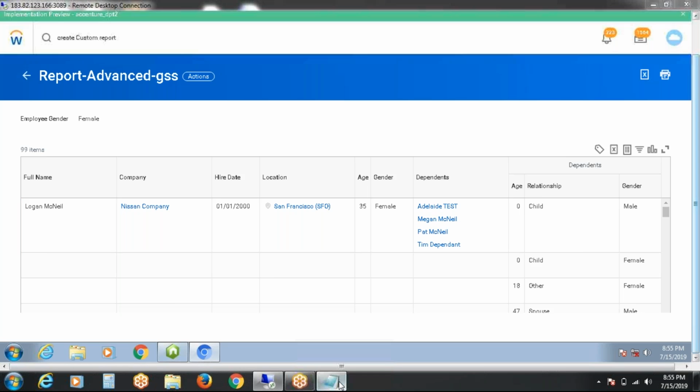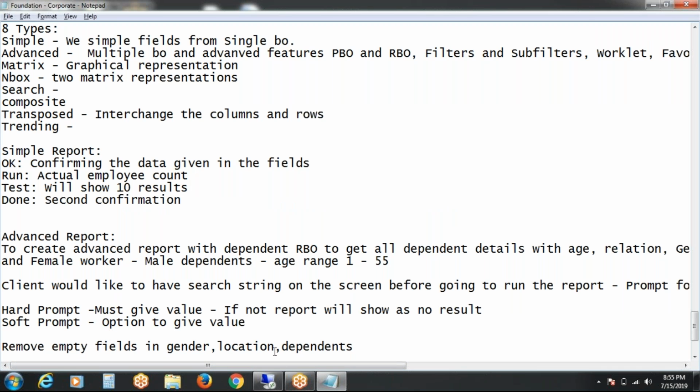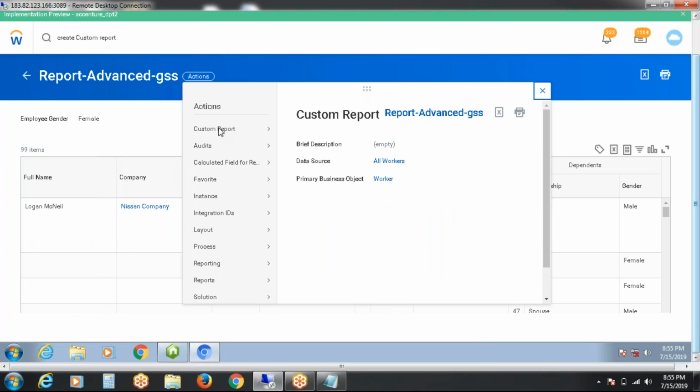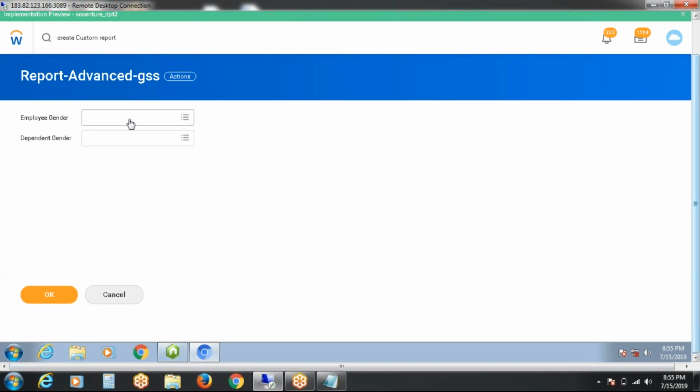So in normal scenarios we used to select only soft prompt. Again run the report. What is our task actually? We need to have female workers with male dependents. So this is the importance of prompts.